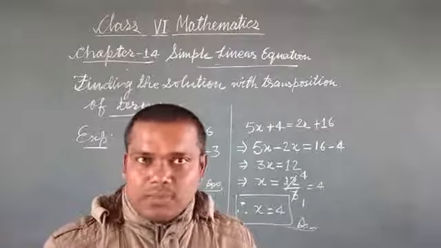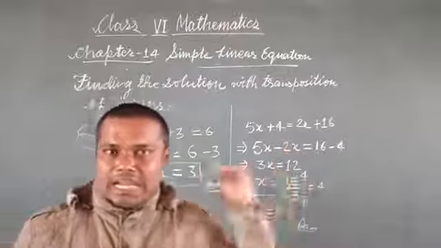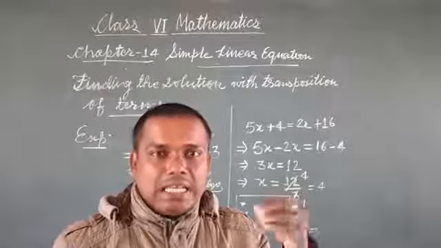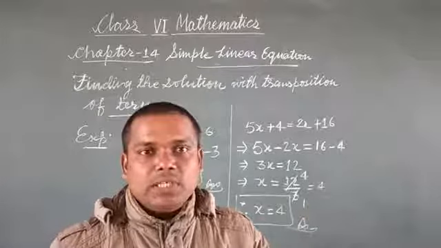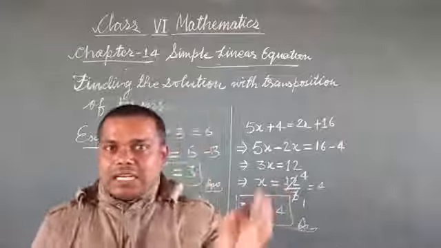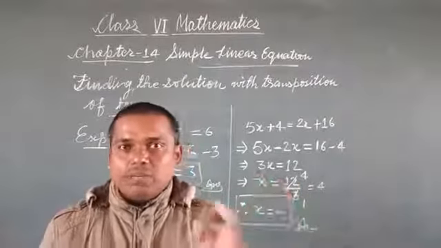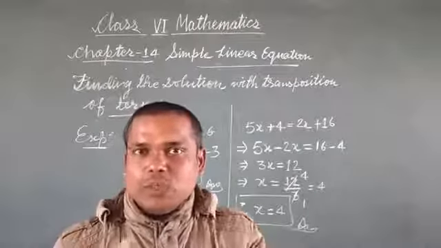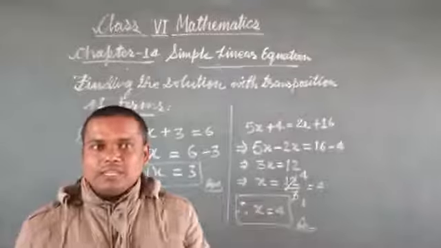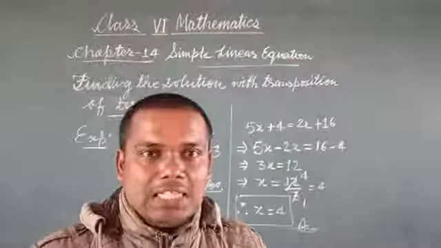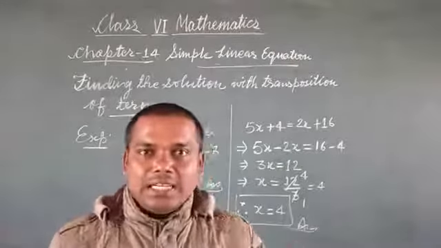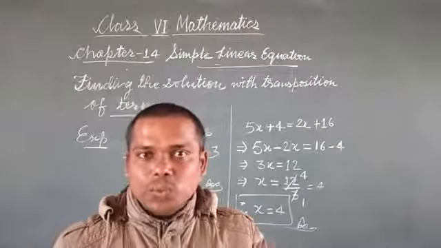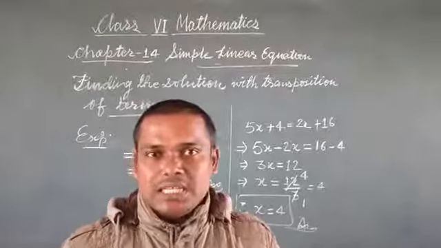We don't know the number. So first of all, we will write let the number be x. Means for the unknown quantity we can write any variable, any literal from A to Z. As for example, I am taking x, so I will write let the unknown number be x. Then the equation will be formed, x plus 8 is equal to 15. And now from here I will find the value of x, that will be x is equal to 15 minus 8, and then x is equal to 7. So 7 will be the unknown number which when added to 8 gives us 15.